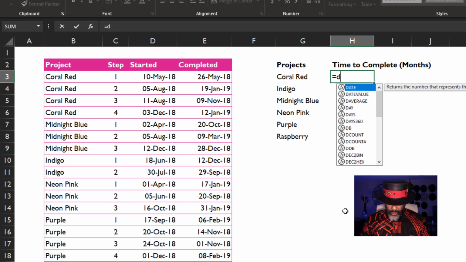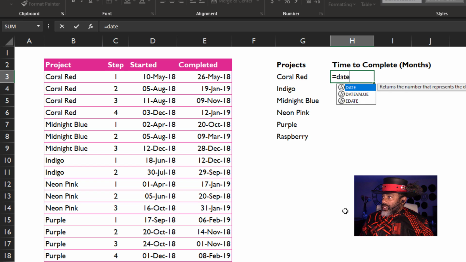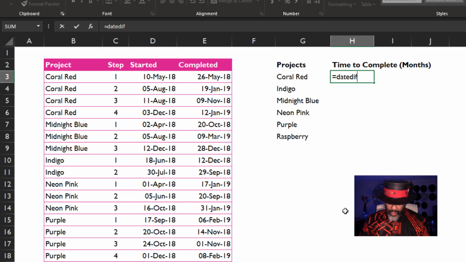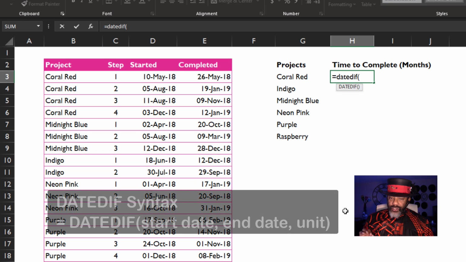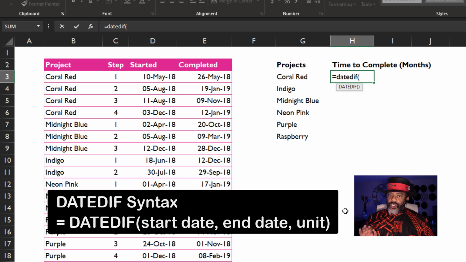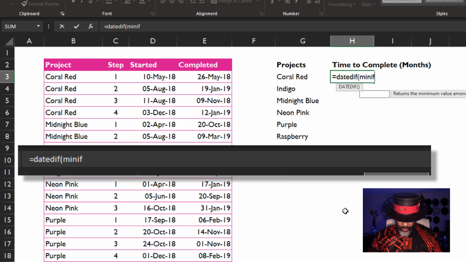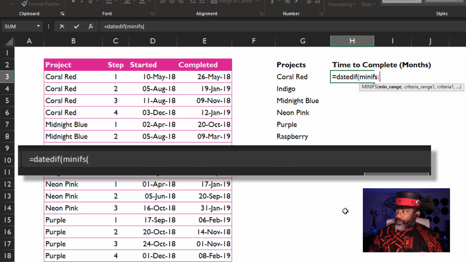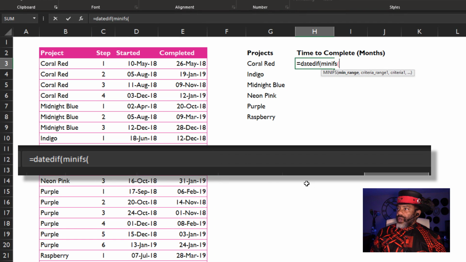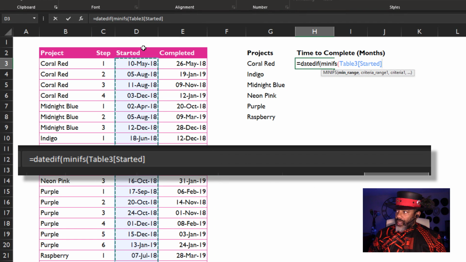Watch, equals date. See, that's not here. Diff, open parentheses. It is a legitimate function. So we need our start date, but we're going to use a min ifs, open parentheses, minimum range, the start date, comma, the criteria.